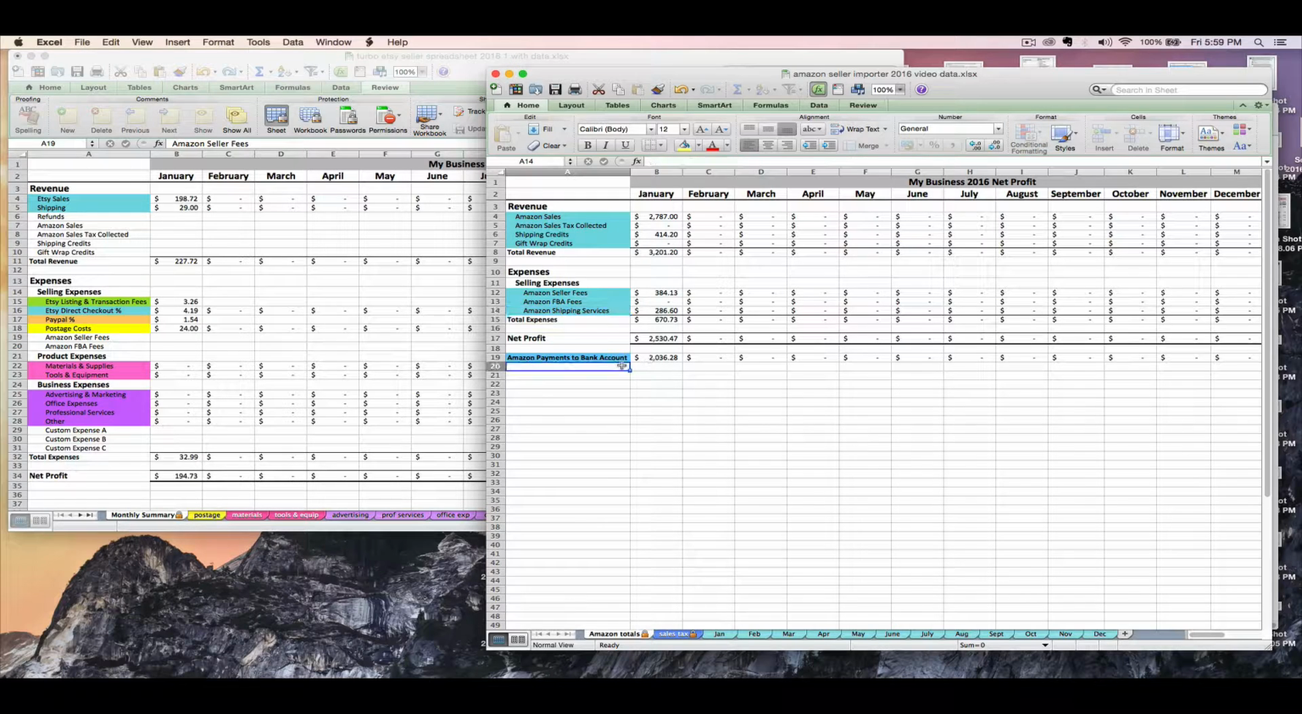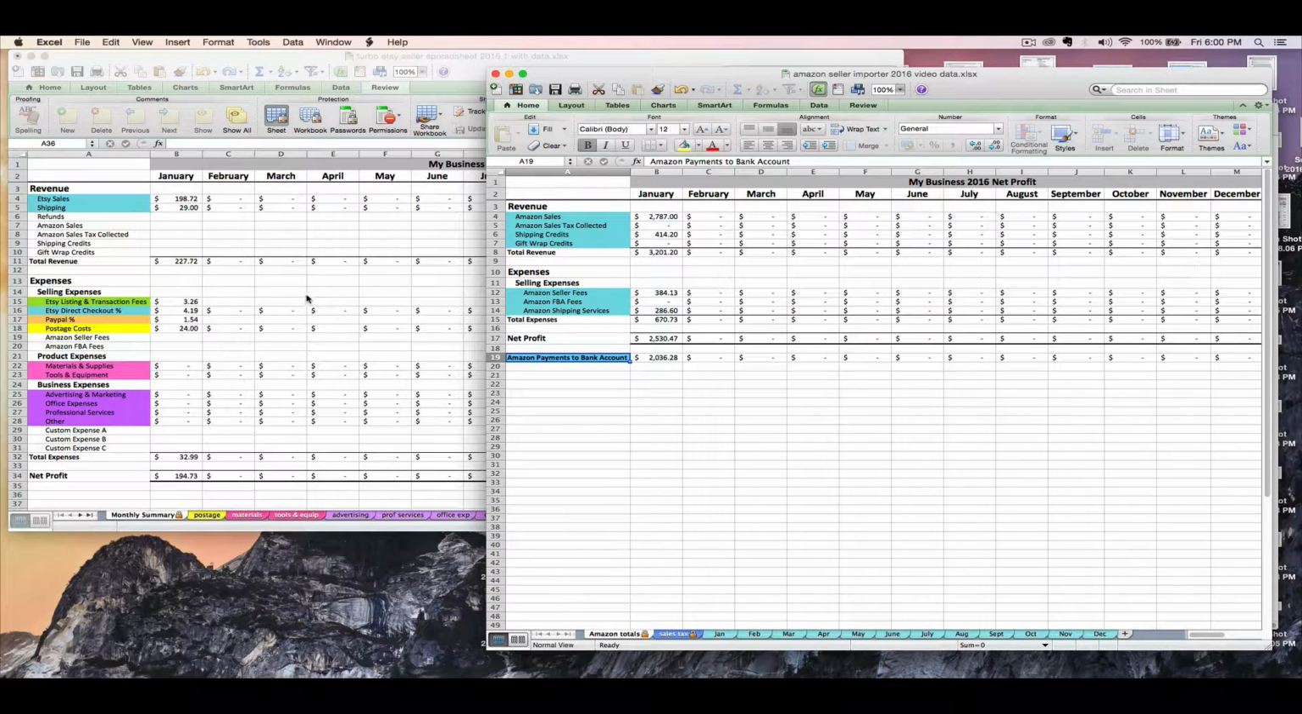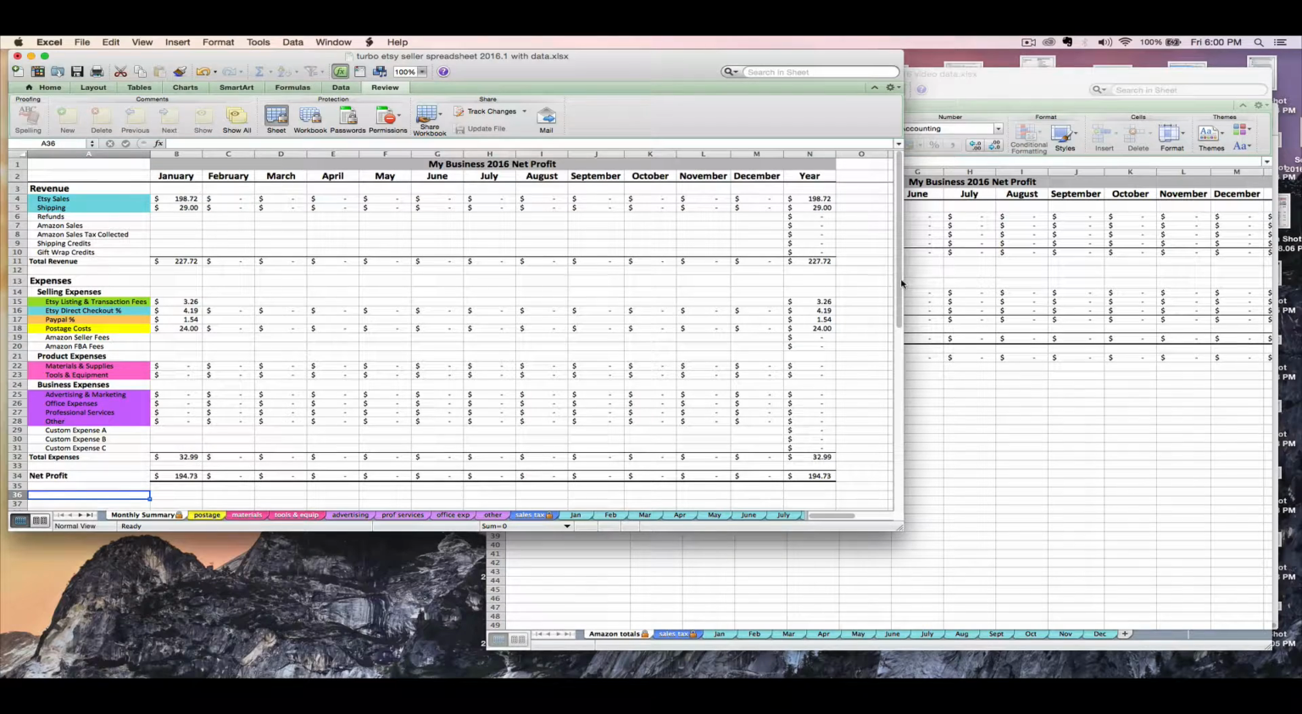And then, since this isn't really an expense, I'm just going to leave it on my import spreadsheet and not take this over to my main seller spreadsheet. But if you wanted to, you could. You would just make another row below your net profit line right here to enter those numbers in. All right, so then I would just straight up copy these amounts